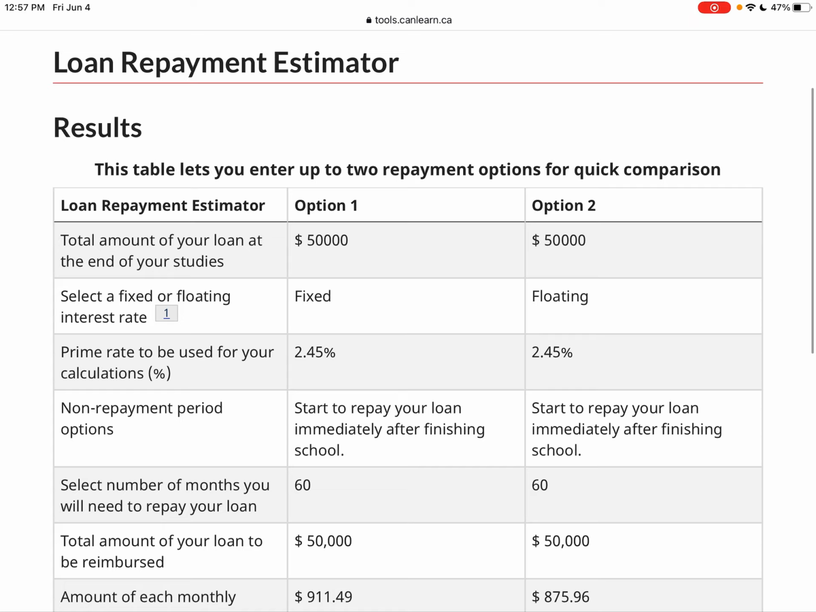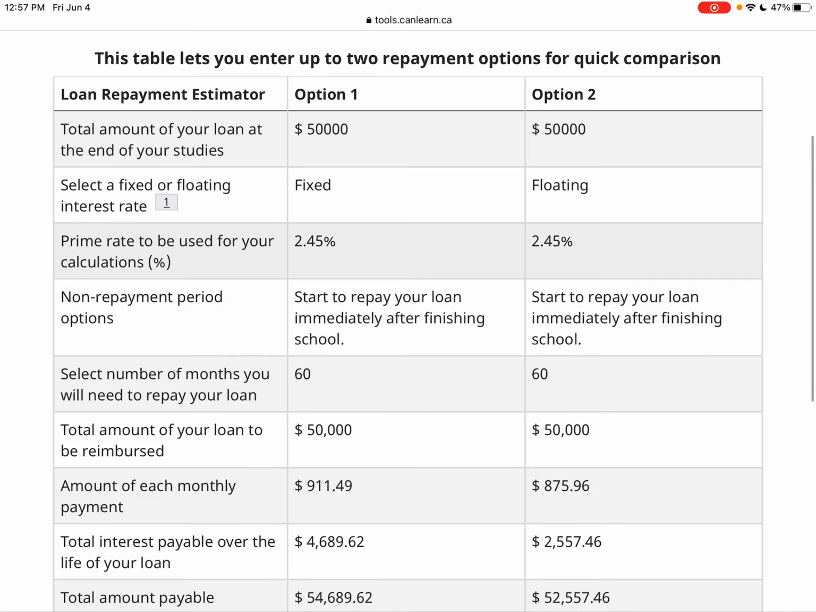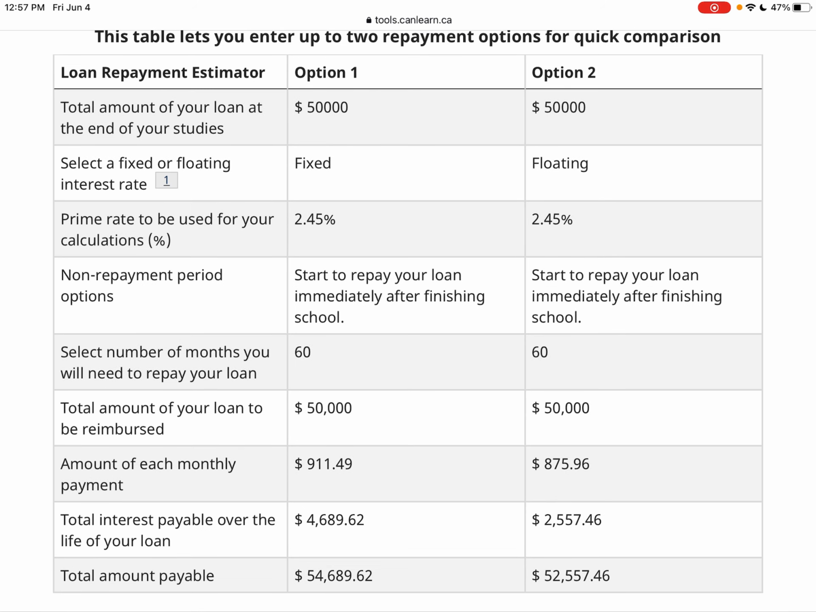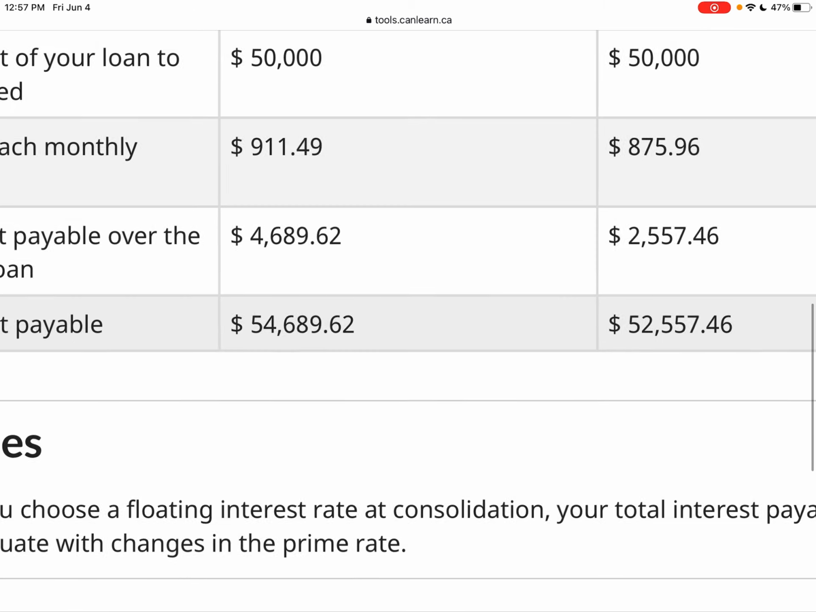So with the fixed rate, which is going to be 2.5% always, always, always, she's probably going to end up paying off her loan in 60 months. She's going to have to pay a monthly payment of $911.49 every month, right? Over the course of her loan, she will end up paying $4,689.62. So for a total payable that she will have and eventually end up paying to the bank to OSAP, $54,689.62, just right here, right? So if you look at the bottom and right there,